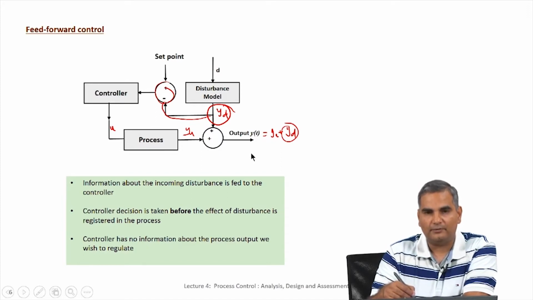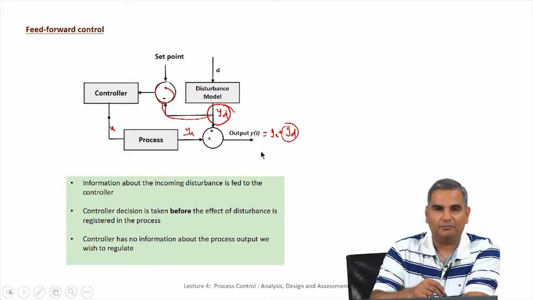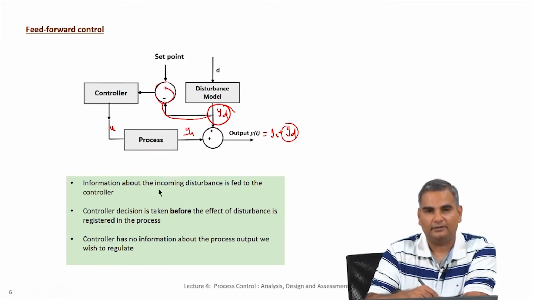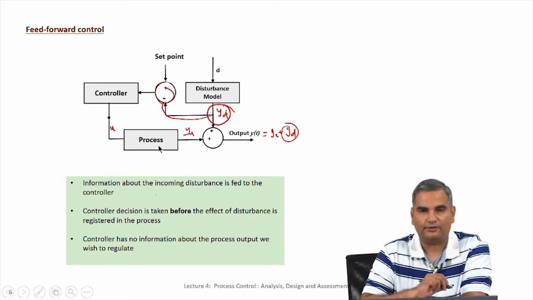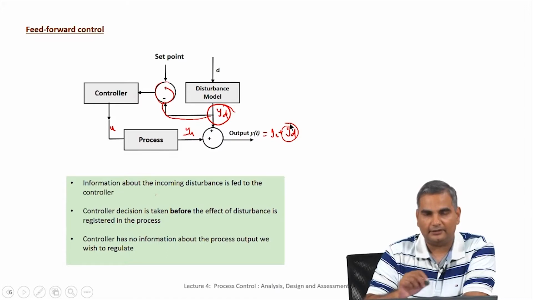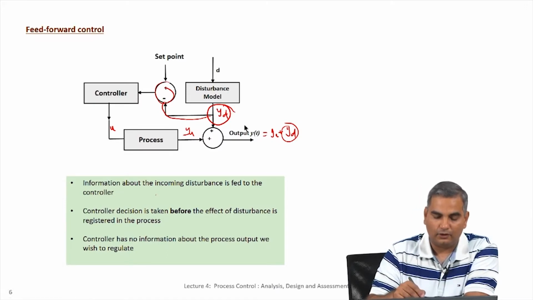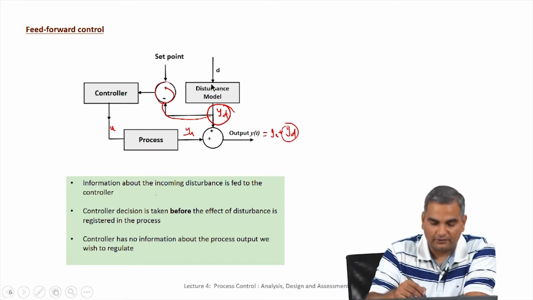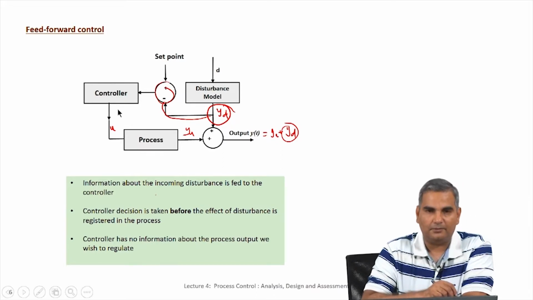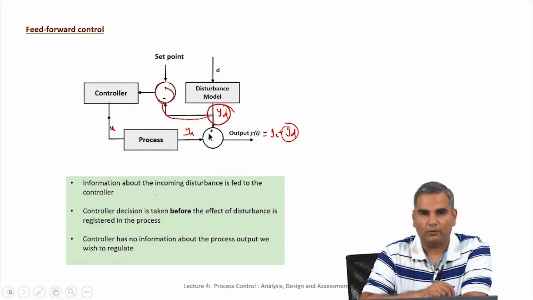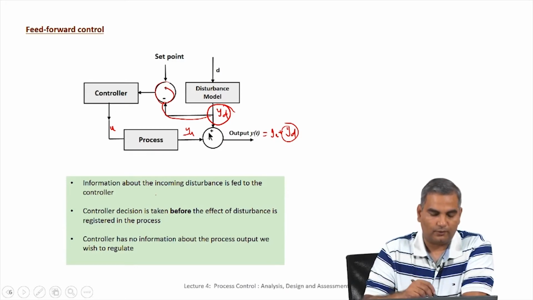So, once the control variable changes its value, you know a disturbance has hit, and that is compared with the set point, and that error is used to manipulate the U to make sure that the output is at its set point. However, in this case you are not using a feedback error, but you are using a feed forward measurement of disturbance to change the manipulated variable value in this way, so that I am able to control my output at its set point. So, this is feed forward control.